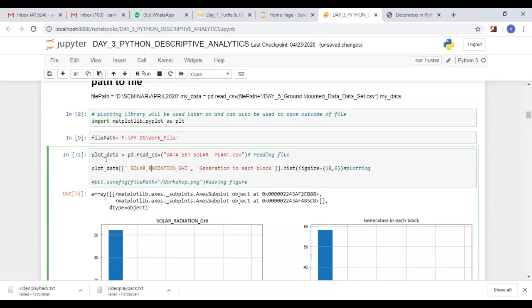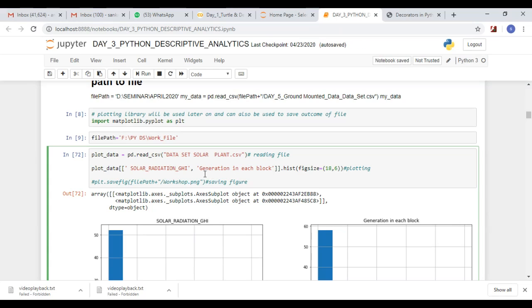See, here I am going to plot data. I have created the object plot data, in which pd.read_csv reads the CSV file, dataset solar plant dot csv. Then I am going to plot the histogram. For a histogram, yesterday we saw only one axis is enough, that is the y-axis. So I am going to use two here: solar radiation GHI and generation in each block. Two histograms I am going to draw. Someone asked yesterday how we can use two like that. So I can use 3, 4 like that.